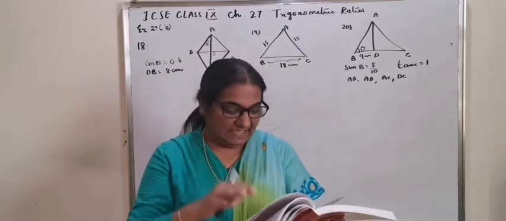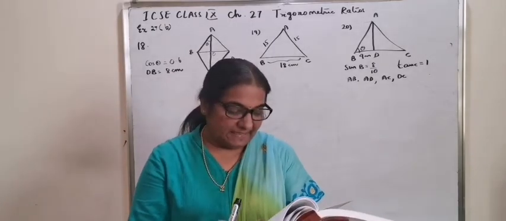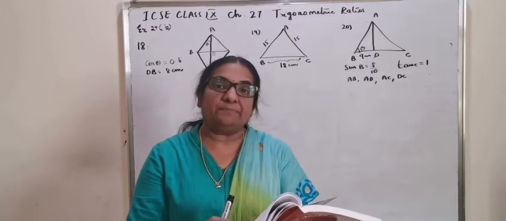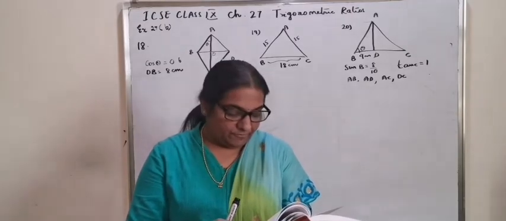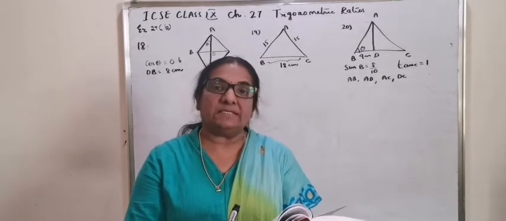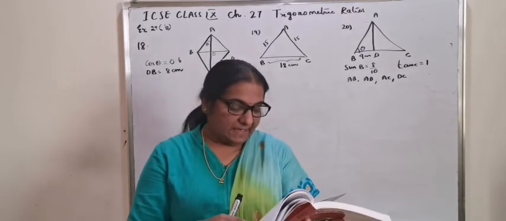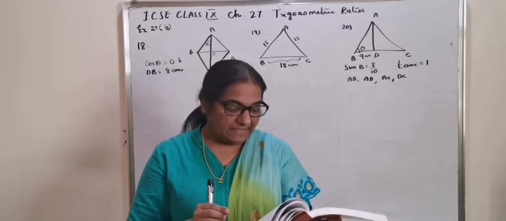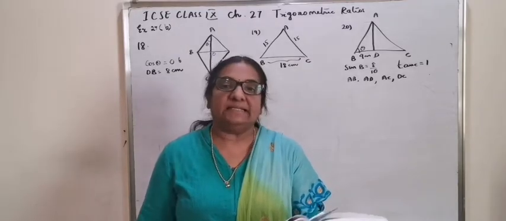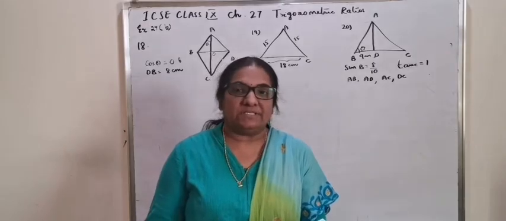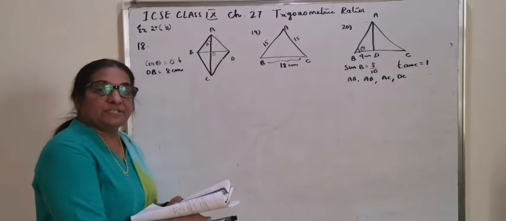Question number 18. In a rhombus ABCD, diagonals AC and BD intersect each other at point O. If cosine of angle CAB is 0.6 and OB is equal to 8 centimeter, find the length of the sides and the diagonals of the rhombus. So if you see the figure here,